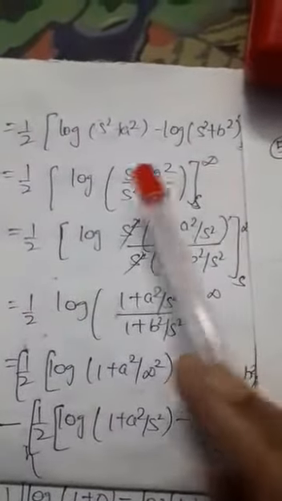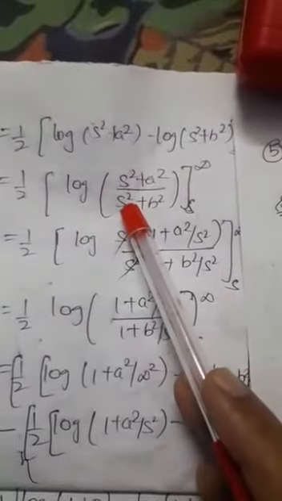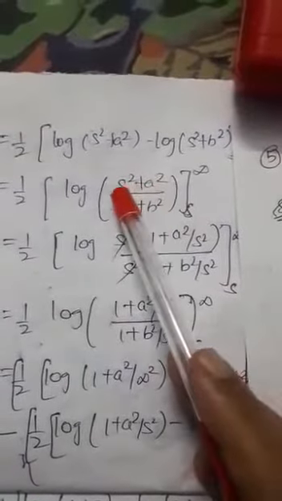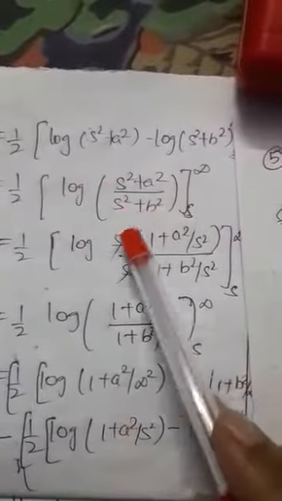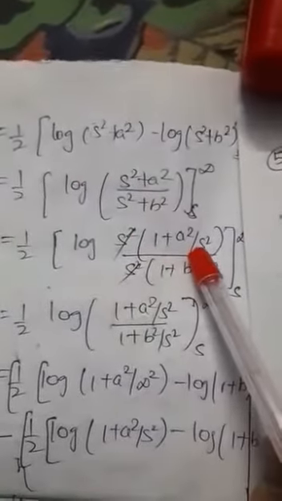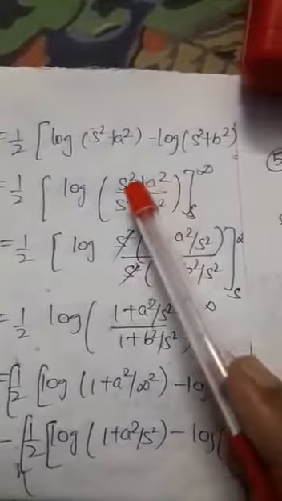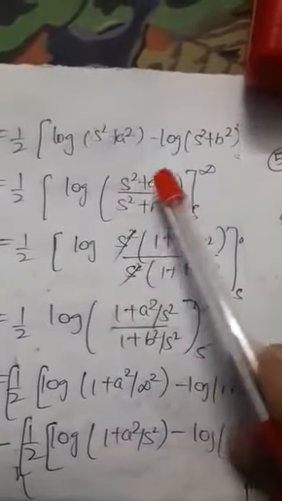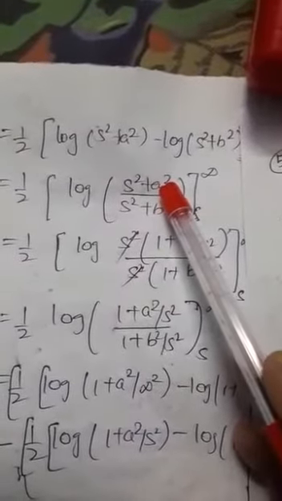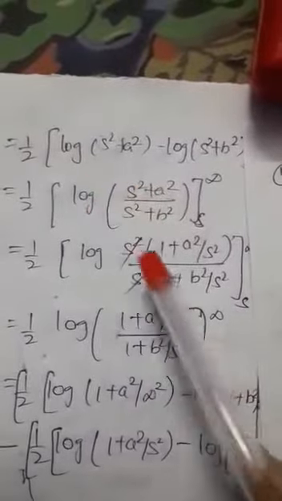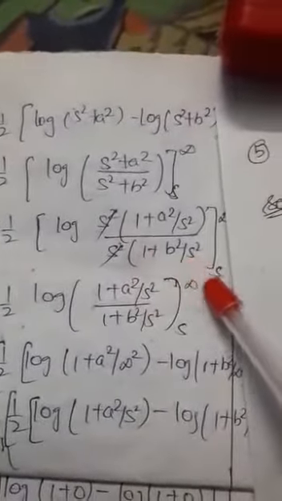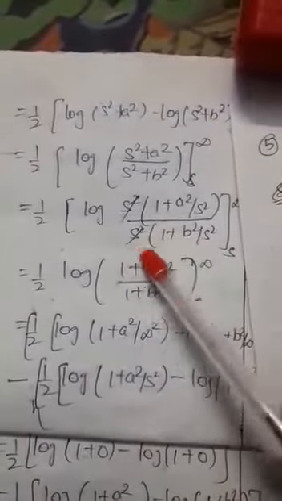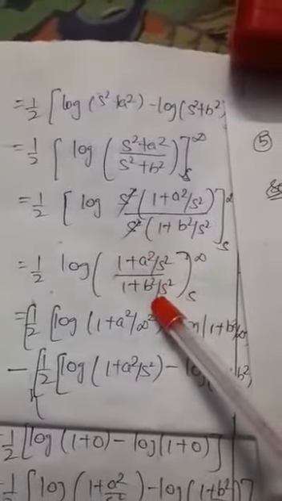Now s to infinity. From both terms I am removing s square out. So it will become 1 plus a square by s square, whole thing divided by s square, so the s square will get cancelled. This is the method we are using. So if you remove s square from the numerator, it should be divided by the second term in the denominator, and one s square is removed out. That is what I did here. So that is 1 plus b square by s square. Now the s square will get cancelled: (1 plus a square by s square) over (1 plus b square by s square).